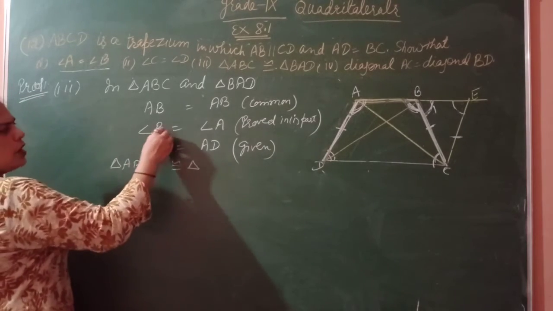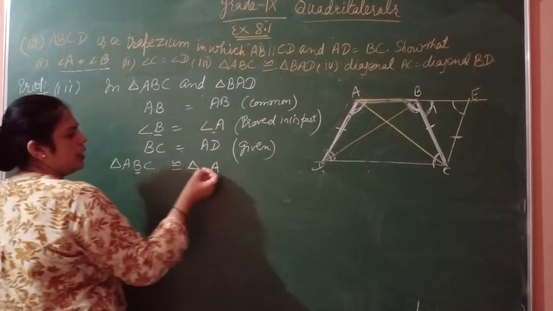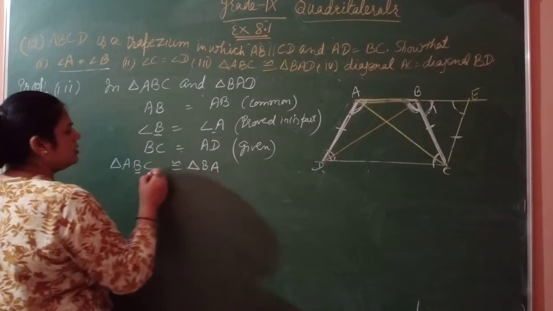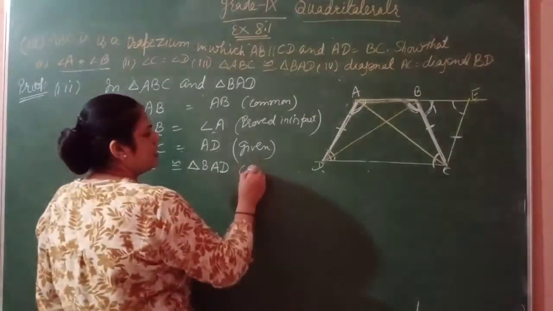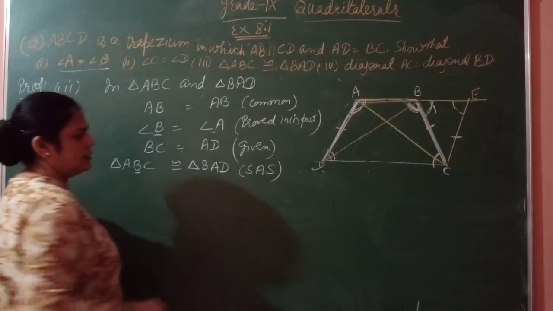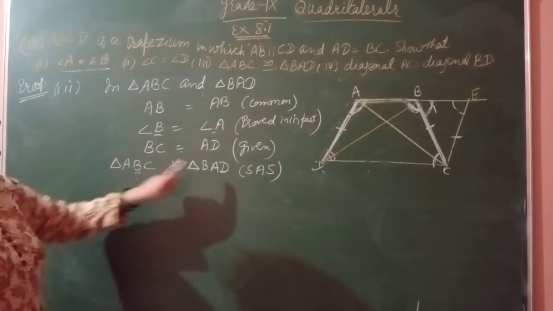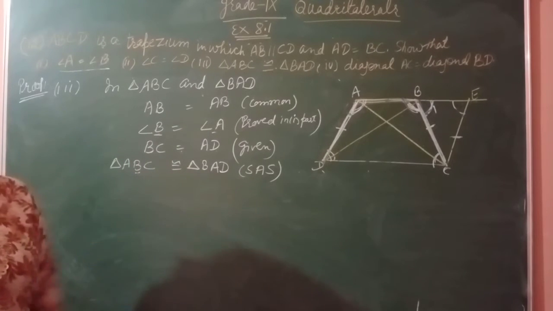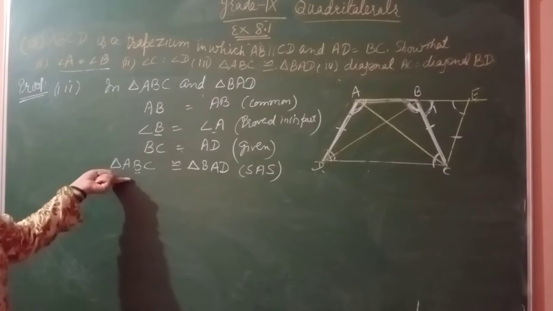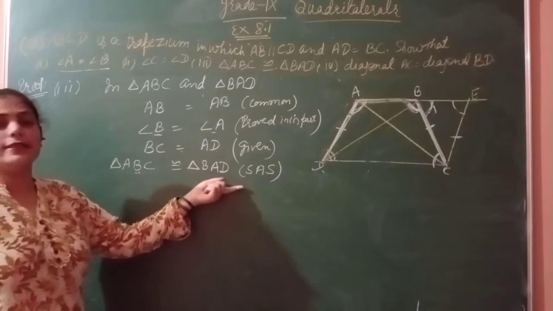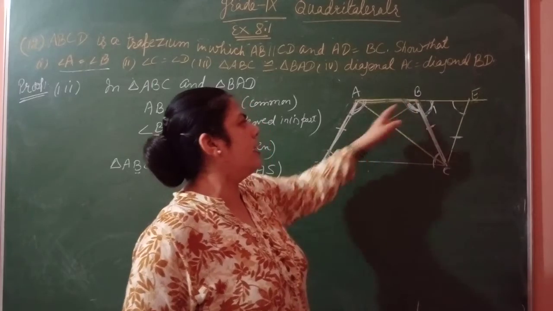Now angle B is equal to angle A, which means angle A will be equal to angle B. Clear? In the third part, C came equal to D. So by which criterion is this? That is SAS. Clear? B is equal to A, A is equal to B, and so C came equal to D. This we have proved, our third part, that is by the SAS criterion. These triangles are congruent.